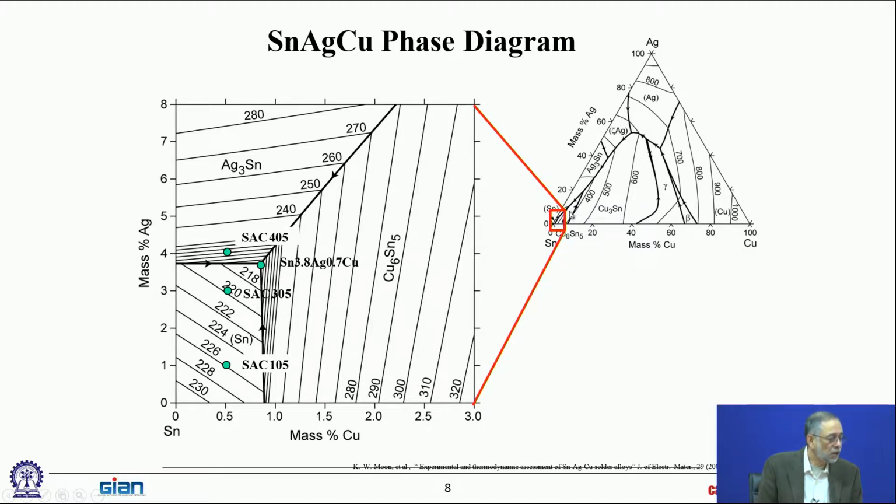So the eutectic points are really in here. So if you zoom into this corner over here, that's the eutectic point. That's where it converts instantaneously from liquid to solid at one single temperature. You can see 220, 218, that's about 216 point something. So at about 216 point something degrees C, a solder of that composition will instantaneously go from liquid to solid,